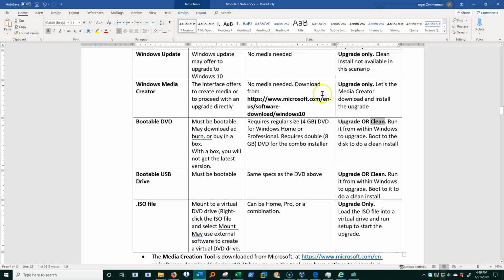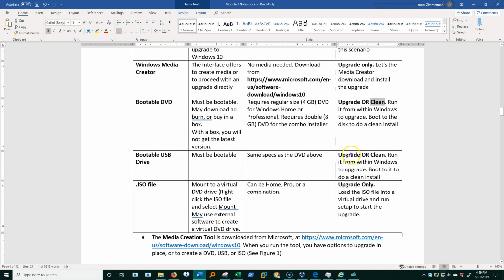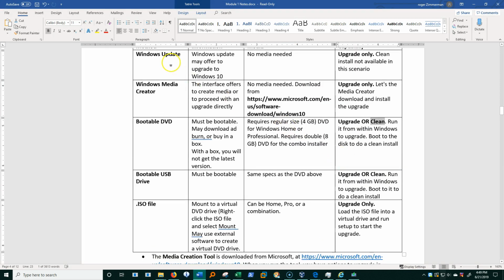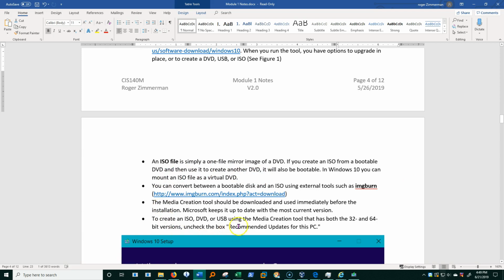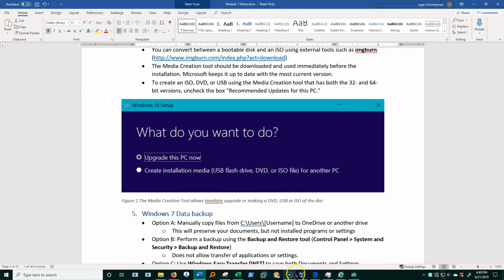So I know this sounds a little bit complex, but it's really not that complex. And the Windows Media Creation tool is kind of the key to all of those. There are other places that you can get this. For example, if you have a subscription to Azure for Education, you can download an ISO image from there as well. But you can always create one from here. Now this will be a trial image, and we'll talk about the licensing later on. But let's stop this one for now, and we'll go on to a few extra notes and some of these other items here in the next video.